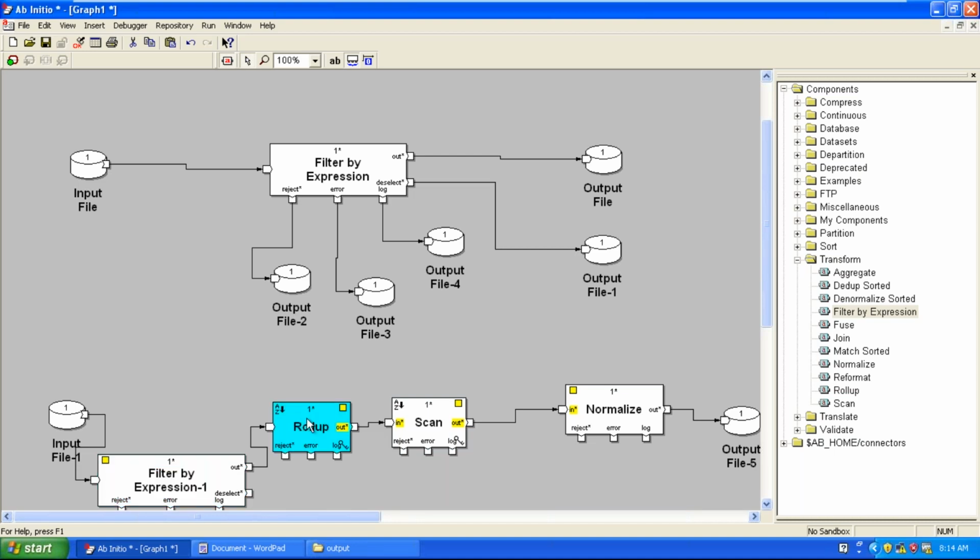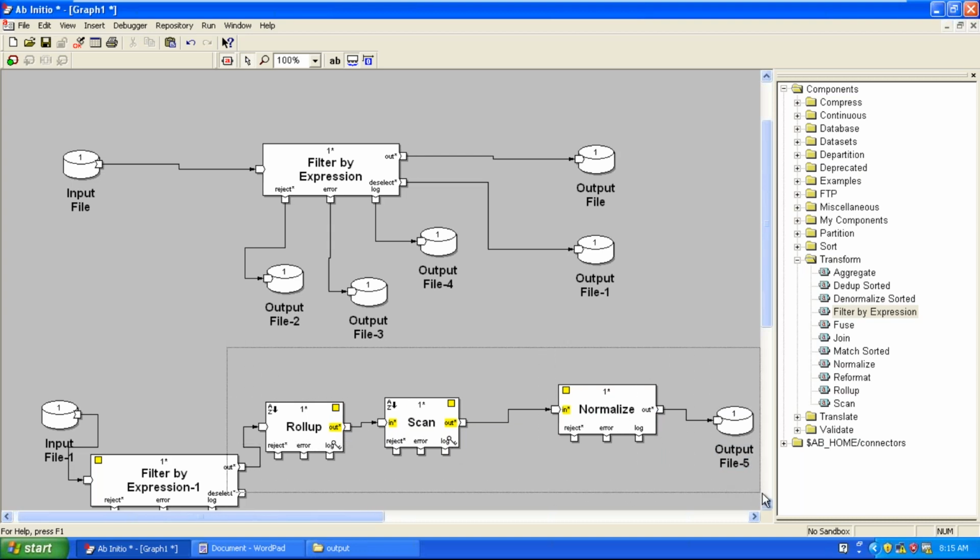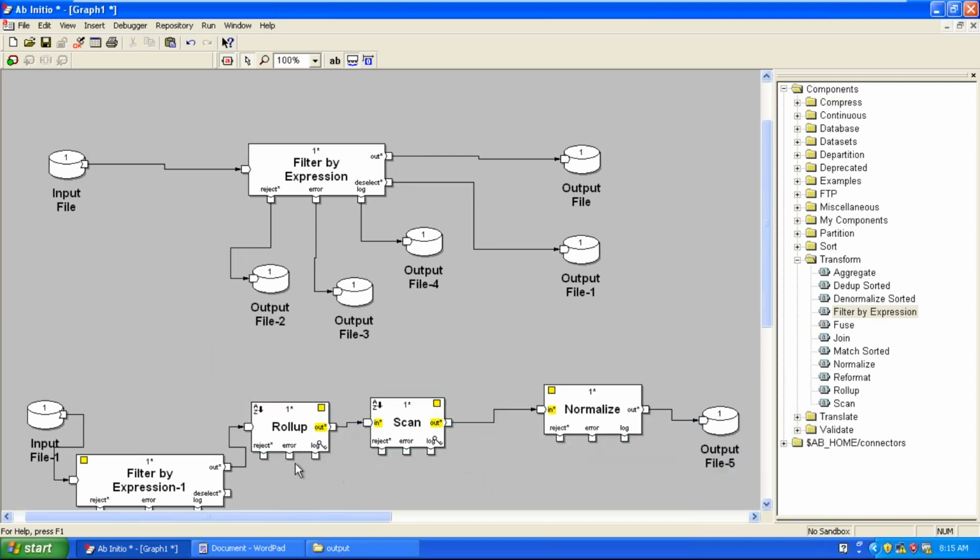Now it is 7 lakh records each time, so 3 plus 3 plus 3 plus 3, total 12 minutes. So in the initial way, when the filter by expression component is introduced here,